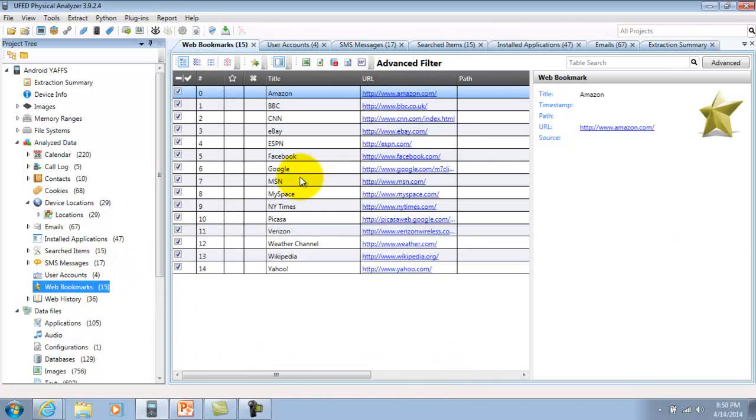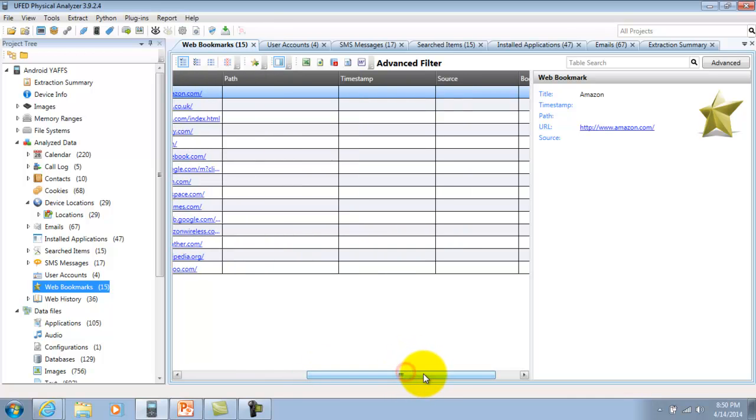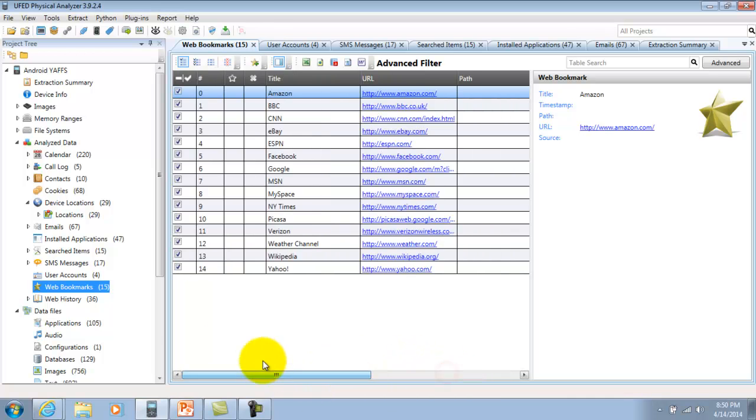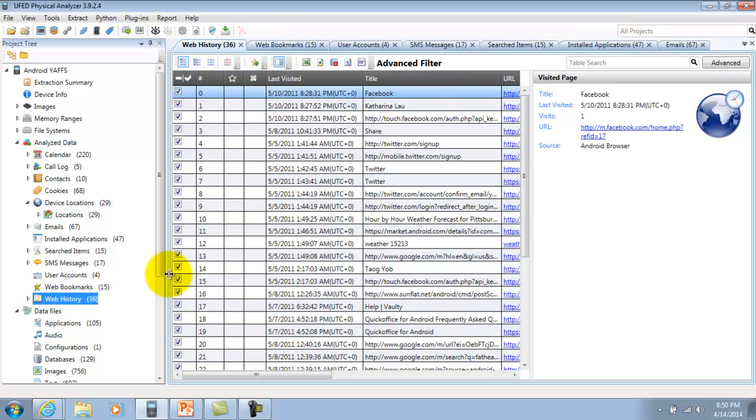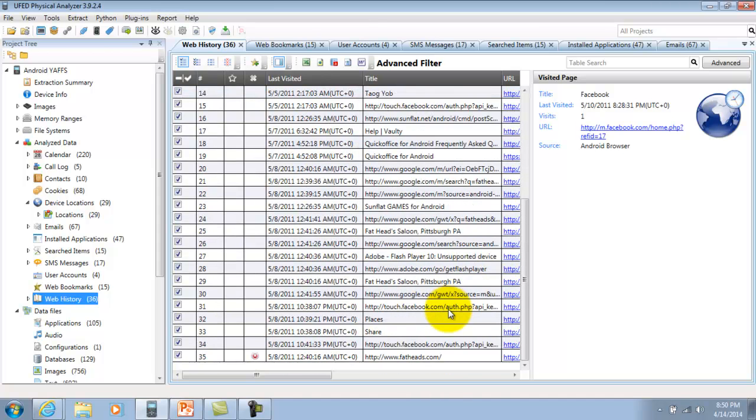Got the web bookmarks. These look like standard bookmarks, like Amazon, Facebook, ESPN, New York Times. The URL doesn't really tell you any more information because they're just bookmarks. Got the web history, so you can see this person likes social media. They've been on Facebook. I think I've brought up the word Facebook a lot throughout this presentation for this system. We got Twitter. You also have Quick Office, Adobe Flash Player,